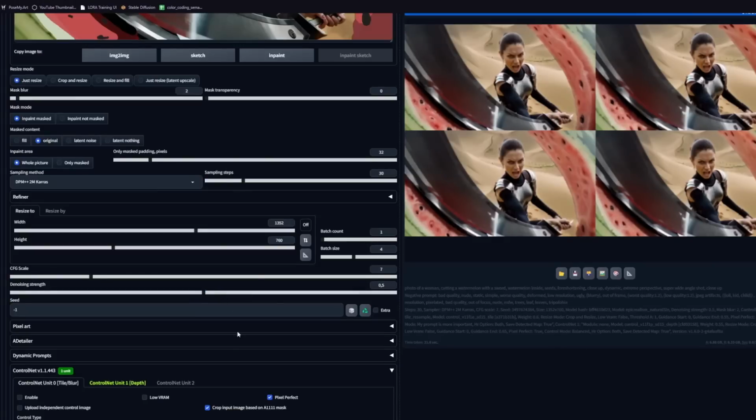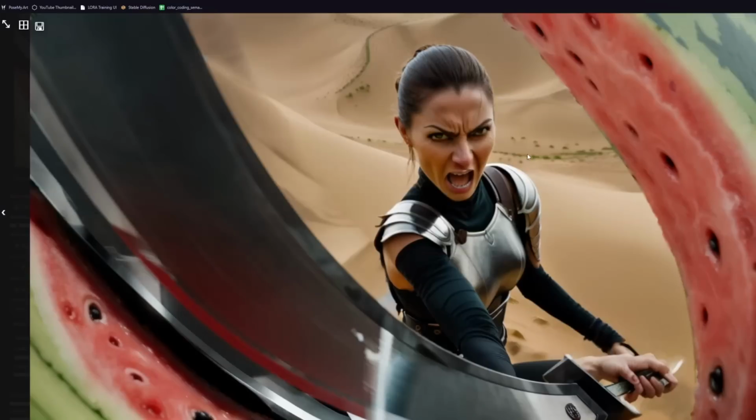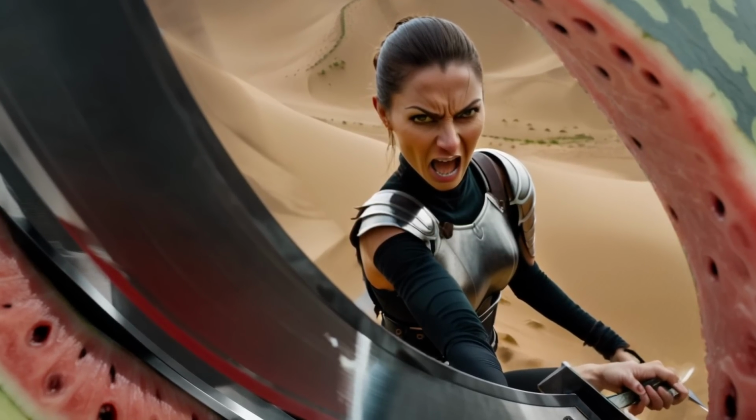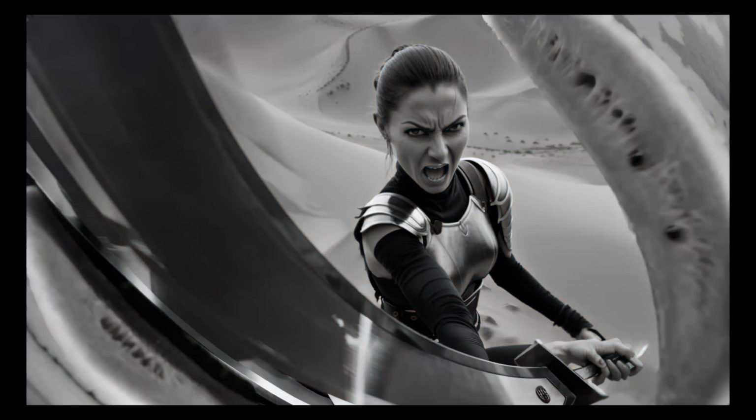For this, a denoising strength of 0.5 will be fine. I like SD 1.5 better when using InPaint Sketch, and in this case you can see it worked pretty well. Better than SDXL, I would say. Of course, I didn't reprompt, which can affect the result too.